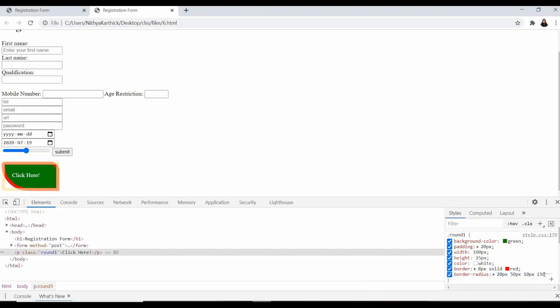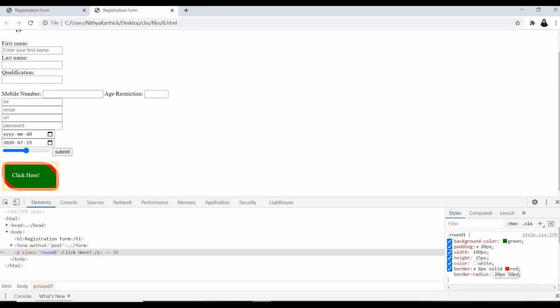So we have given the radius, so we can alter it according to our need, and also we can give values. Initially we have seen giving only 1 value, then we have given 4. Each and every corner is altered, and now we can alter diagonally.